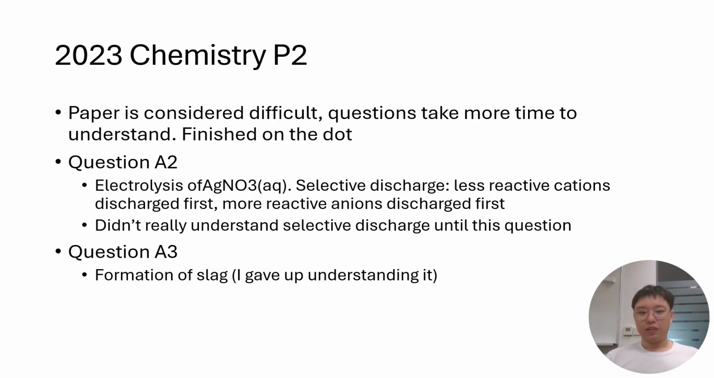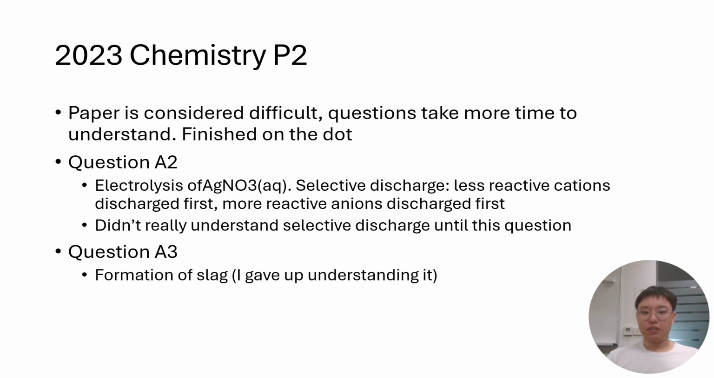The second paper that I tried was the 2023 Chemistry Paper 2. The paper is considered difficult and the questions take more time to understand, and therefore I finished only on the dot when I was self-timing. I checked on Reddit, and yes, that was a pretty difficult year, as many people were complaining about the paper and being unable to finish, as well as this paper had a lot of very unfamiliar questions which caught